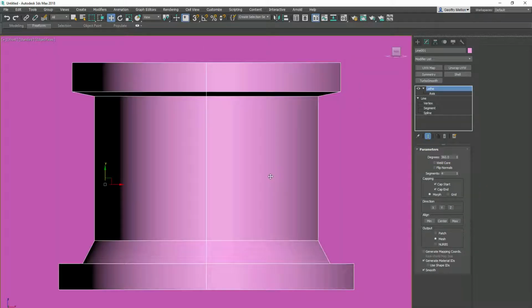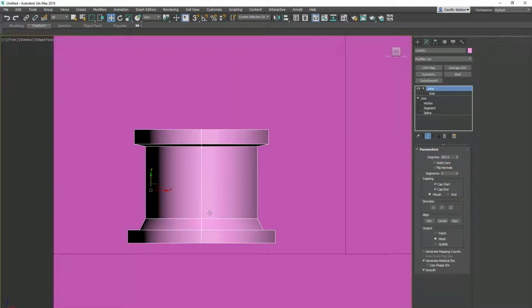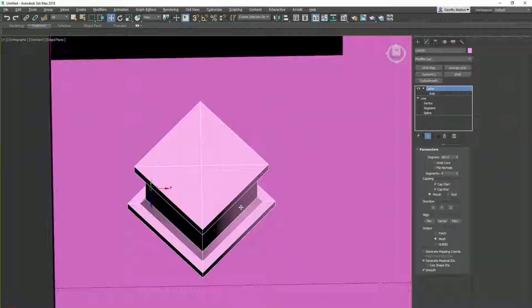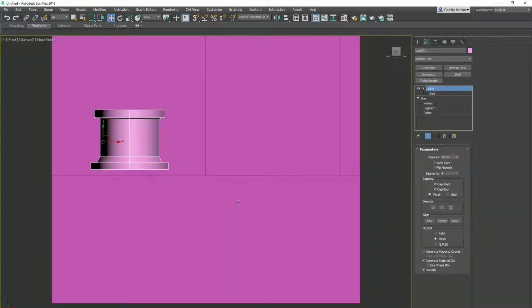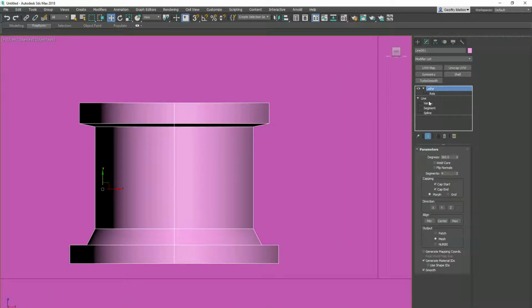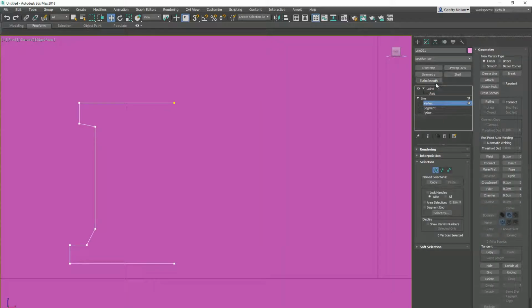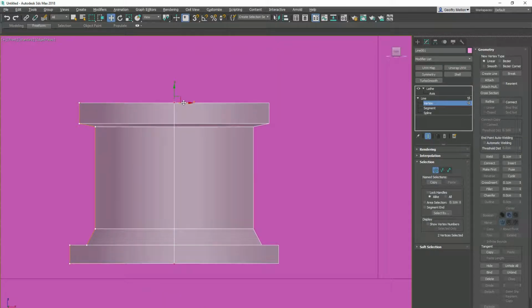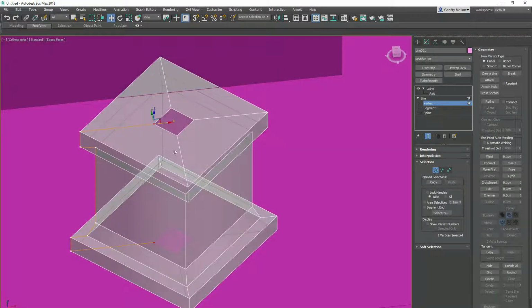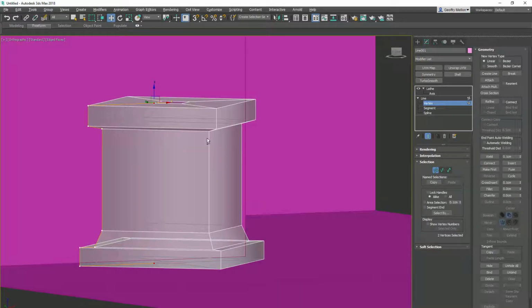So if I go back to front here, and I say that's too wide even from the angle that we're looking at it from, I want to keep it the way it is. I don't want to turn it. I know it's on the diagonal when I make it this way, but that's fine. I'm going to go back to the front, go here. I'm going to go to the vertex mode of the sub-object in the stack. So I'm going to pull this out, and what I can do is turn on the final results again, and as I pull this out, let me turn this to transparent here. As I pull this out, it'll make that hole right there for me, and then